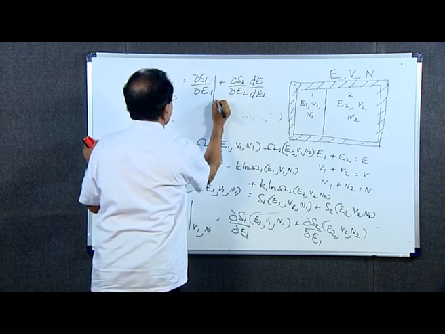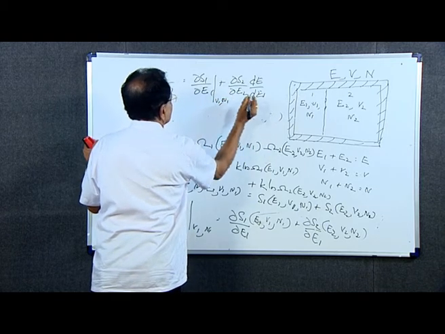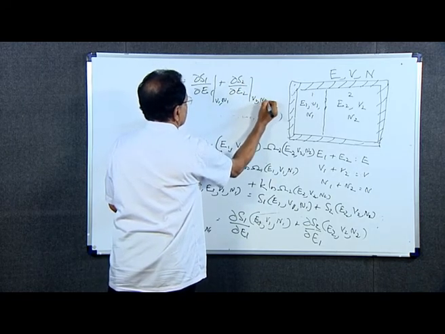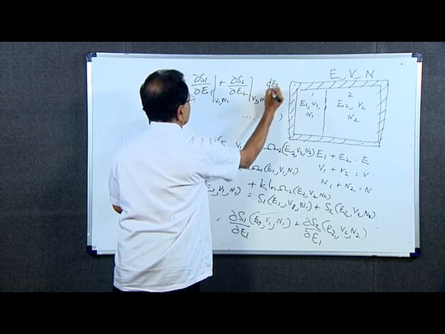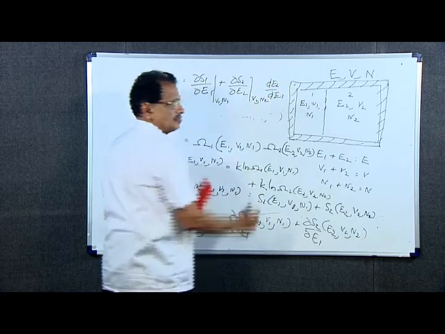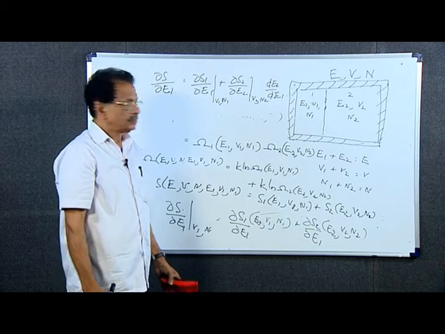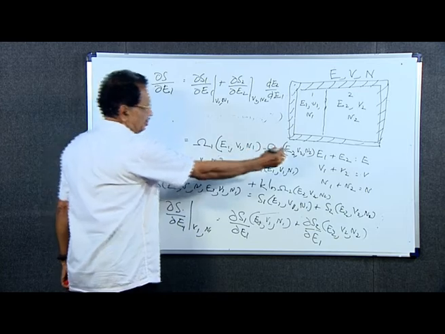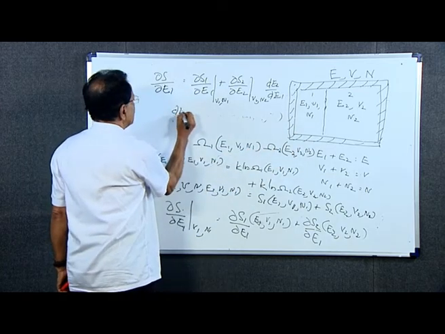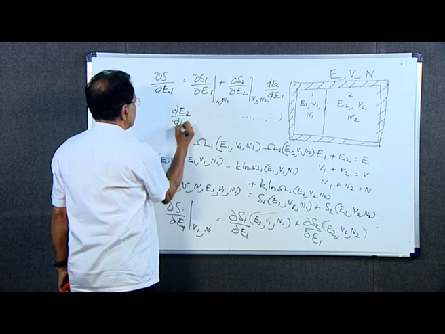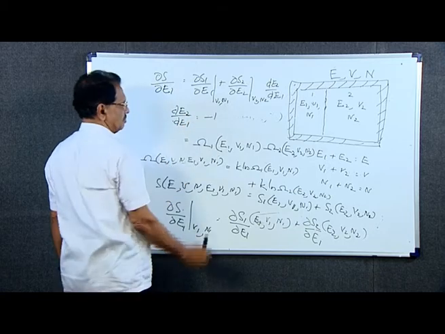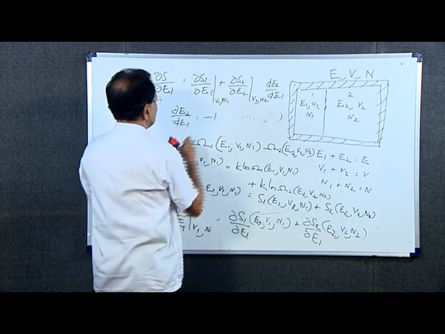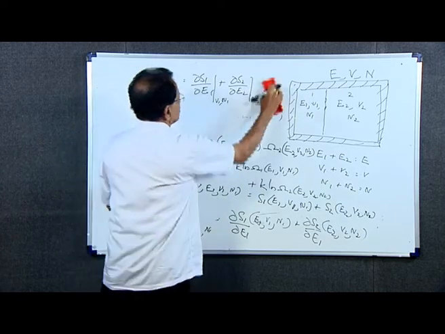Here it is keeping V1, N1 constant, and here keeping V2, N2 constant. From the expression E1 plus E2 equal to E, dE2/dE1 is minus 1, so putting dE2/dE1 as minus 1, this expression becomes